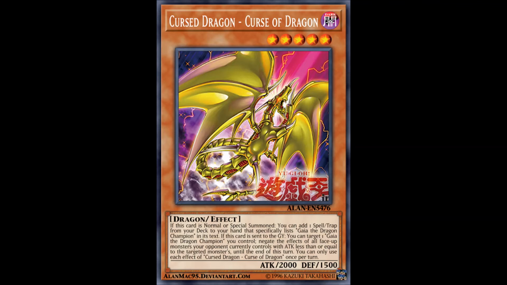If it is normal, special, or flip summoned, it allows you to add a spell or trap card that specifically lists Gaia the Dragon Champion in its text. And if this card is sent to the graveyard, you can target one Gaia the Dragon Champion you control, negate its effects, and negate the effects of all face-up monsters your opponent controls with attack less than or equal to the targeted monster's, until the end of this turn, and you can only use this effect once per turn. You might be thinking, why the hell does it keep mentioning the Dragon Champion, which is a terrible, terrible vanilla fusion monster I spat all over during the initial review of it? Well, that is because Gaia the Dragon Champion actually received a retrain, which is pretty weird in its own right,